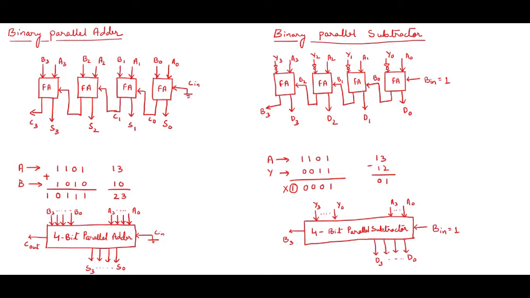I have taken A and B. For A I have taken 4 bits starting with A0, A1, A2, A3, and for B I have taken B0, B1, B2, B3, and I'm adding the bits of A and B. By this time your full adder and half adder concept is very much clear. So you can see on the circuit over here I have taken a full adder, and in a full adder we are having 3 inputs A, B and C in, and 2 outputs S and C0, right?